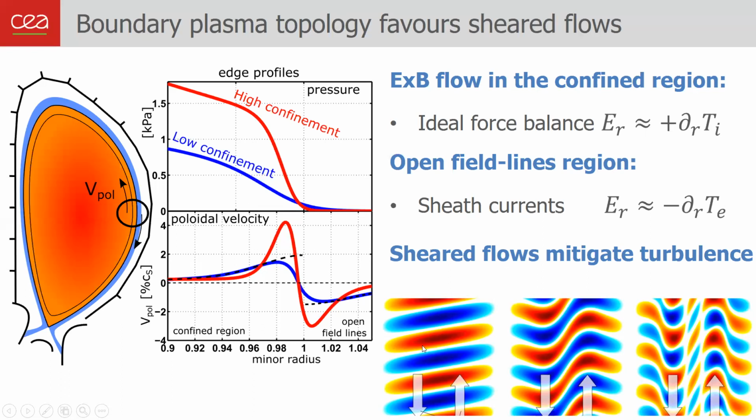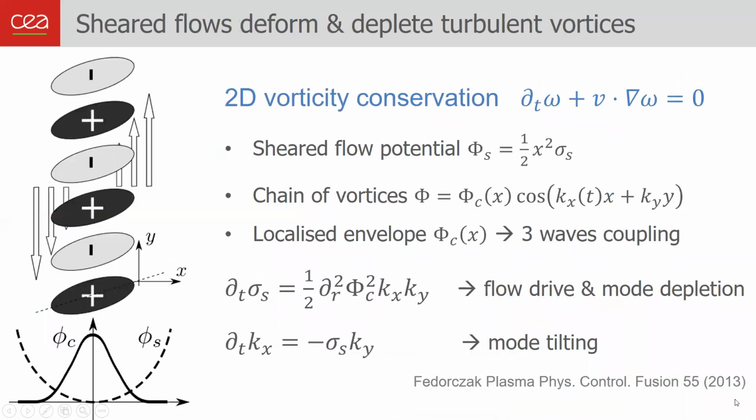So if you put some vortices in a sheared flow, they will move with the flow, get distorted, and so on. To describe this simply, you can, for instance, simplify the vorticity conservation equation in 2D. You remove the curvature term, the loss rate, simple vorticity conservation. And let's describe the vorticity as a superposition of a sheared flow, that is, for instance, a parabolic potential, uniform along the poloidal direction, and then a chain of vortices. And this chain has vortices that are localized in the radial direction, so with an envelope,